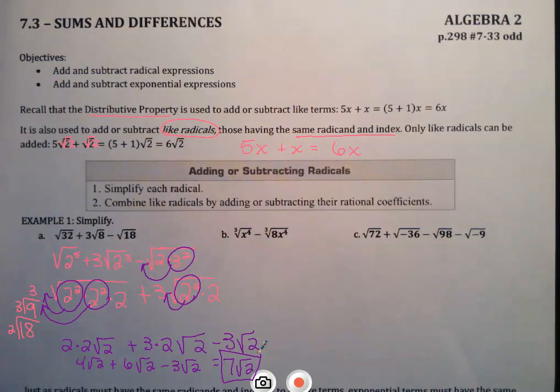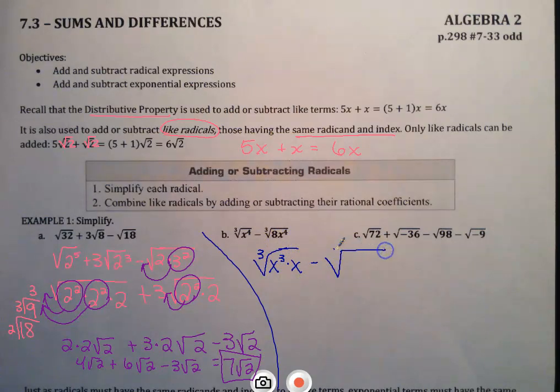All right, I'm going to erase this one. Well, let me go ahead and do B, actually. Okay, I'll just do B over this way. So we have a cube root. How should we split up our x there? Into x cubed times x. So we're going to have the cube root of x cubed times x